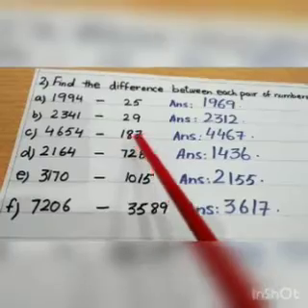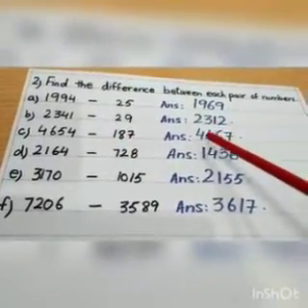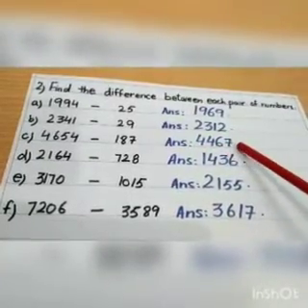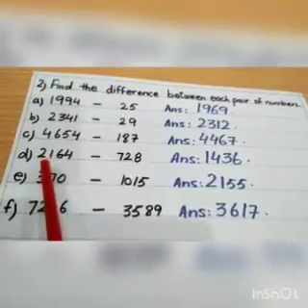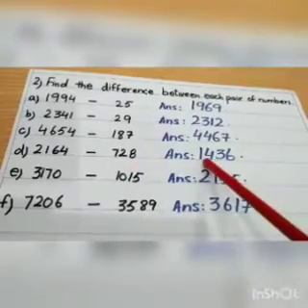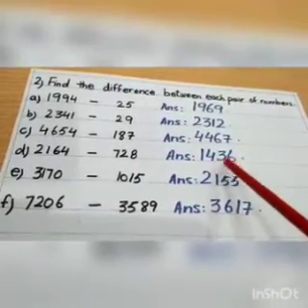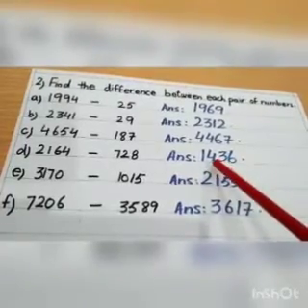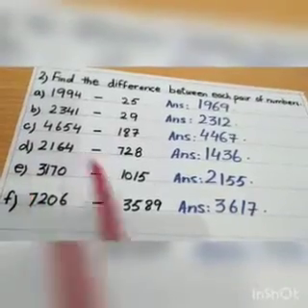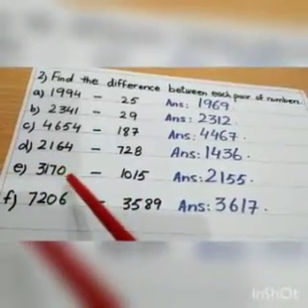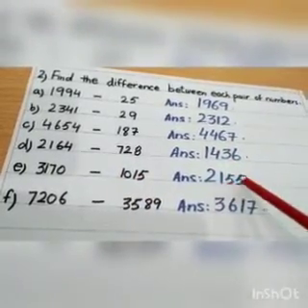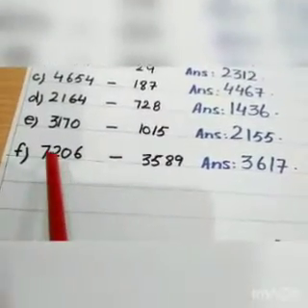4654 minus 1087 is equal to 4467. Okay, 4467. Part D, 2164 minus 728 is equal to 1436. The answer is 1436. Okay. Part E, 3170 minus 1015 is equal to 2155. Part F,